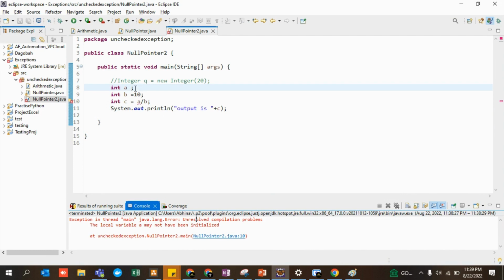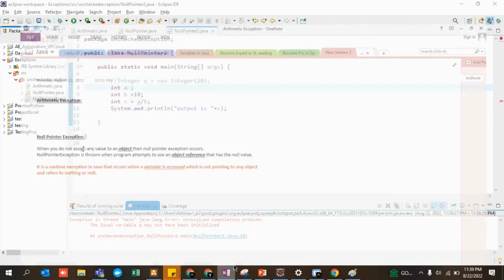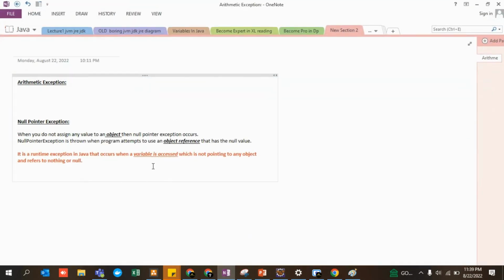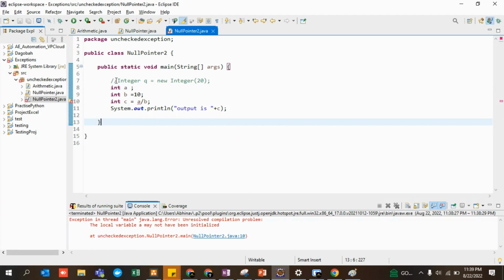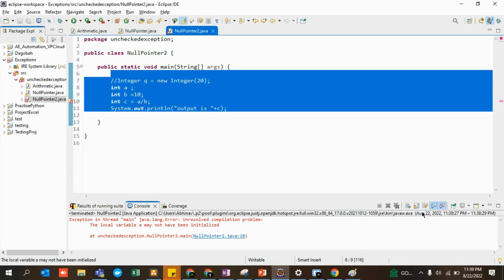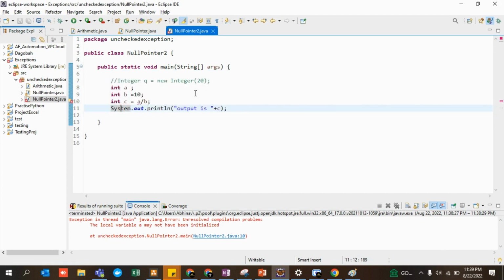So guys, the answer to this particular question I have already jotted down over here. First of all, you need to understand that there is a basic difference between Integer and int. If I start creating a lecture, I can give you the answer right now, but it is going to take a lot of time because it's already 15 to 20 minutes, right? I would request you guys to just have a look. If not, let me know, I'll create a new lecture on this particular question, right?